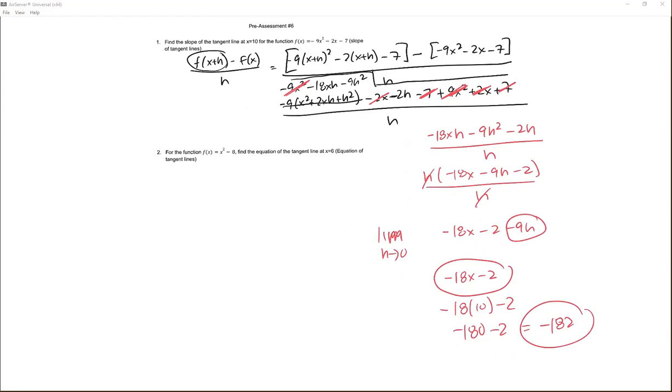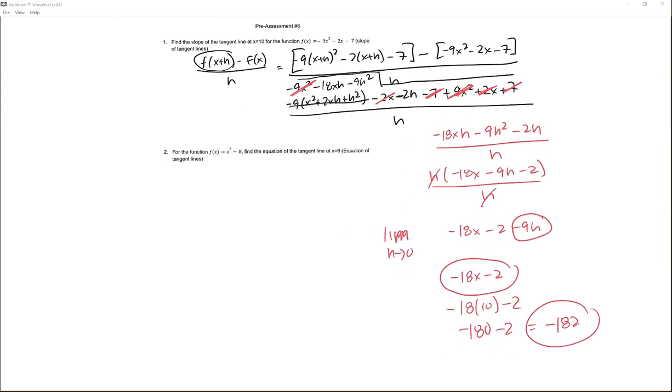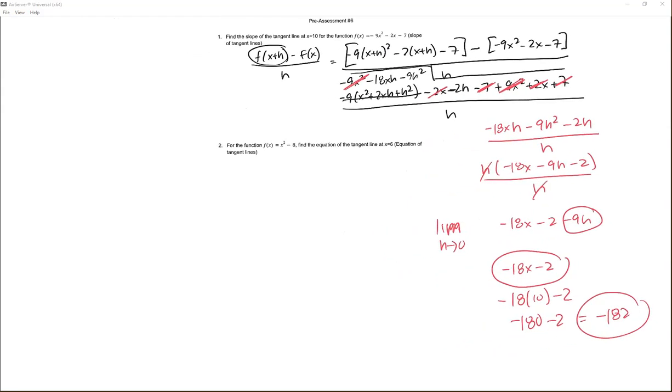All right, number 2, we have to find the equation of this one. So remember, you have to do the difference quotient again. But just know that if you just get the derivative, you're good there. And then multiply this so that this is the derivative of this. Make sure you do the difference quotient on this. In the first two problems, you have to do the difference quotient. Yeah, so this f of x plus h minus f of x over h is a difference quotient. So make sure you do a difference quotient, but you realize then that the slope is